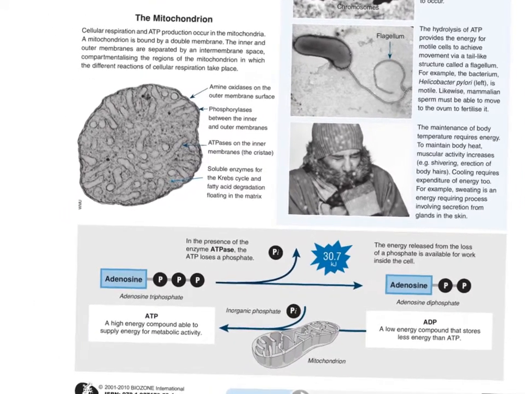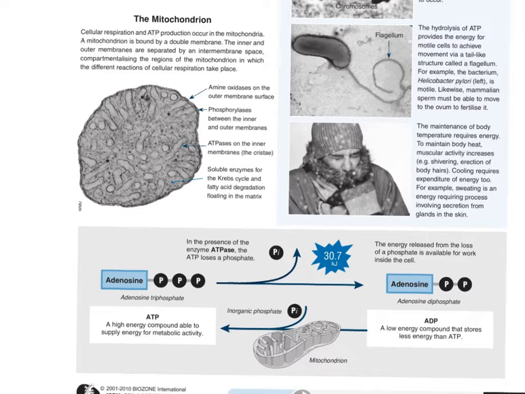Here's a mitochondria. This is what a mitochondria actually looks like. We draw a very, very simple drawing, but when we look under an electron microscope, this is the kind of thing you see. You see the outer membrane of the mitochondria. There's an inner membrane, so it's a double membrane structure. You have these folds that form a matrix, right? So there's all kinds of spaces in here. What do we find? We find all these different enzymes in there. Here's where the Krebs cycle is happening, right here in this area.